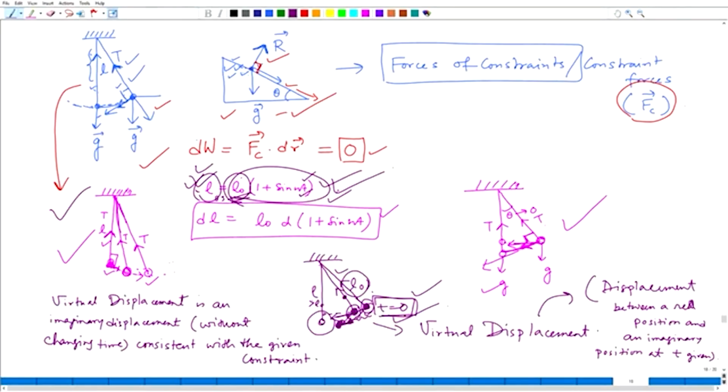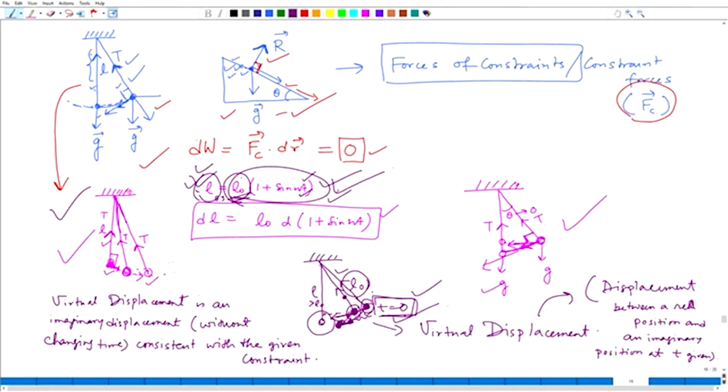And if you are thinking of an imaginary position and your real position is given by some L, those two must lie on the arc of a circle of radius L at time t, and that is why the direction of the virtual displacement will be tangential to that arc of the circle, and the tension, which is acting along the string but radially inward, will be perpendicular to that. And that is why